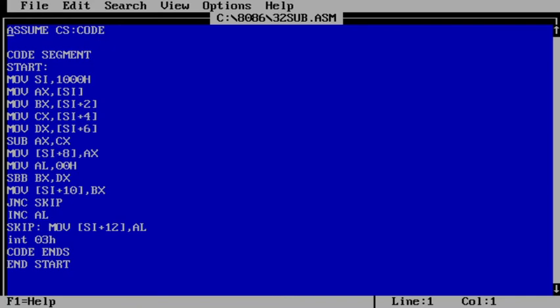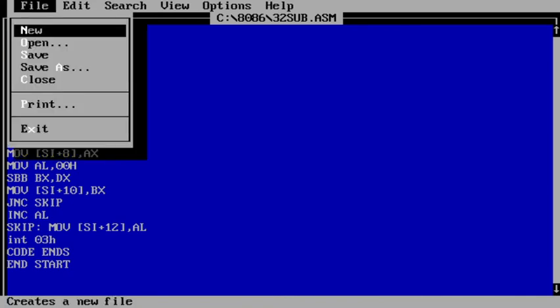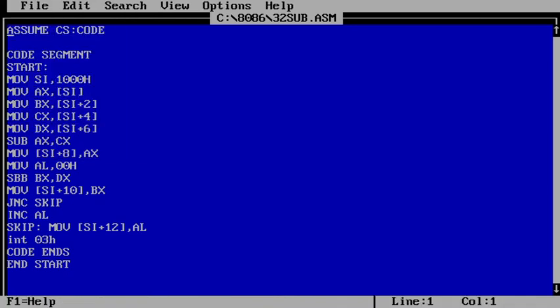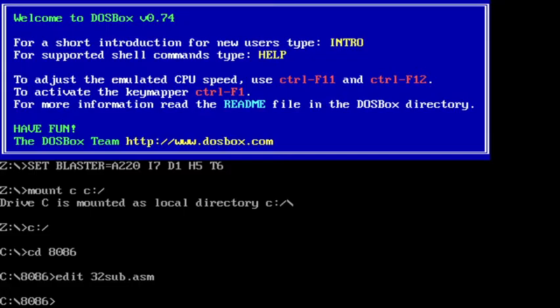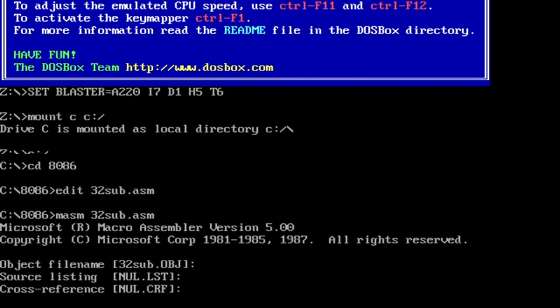Now I am going to save the data. Exit. Then we have to assemble using the command masm 32sub.asm. So no errors.